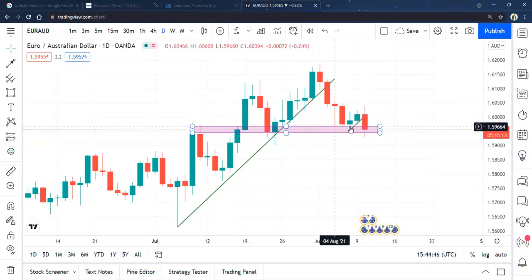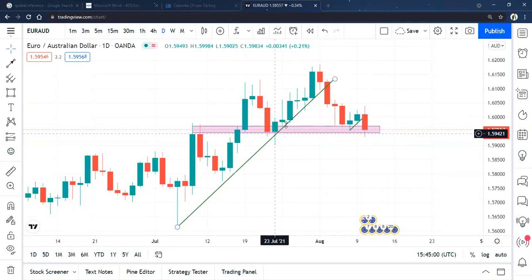I was able to capture this level because I saw the consistent visiting of the price. The price has been visiting this level for quite some time, and one of the things that caused me to look at this level is that, as you can see, the price